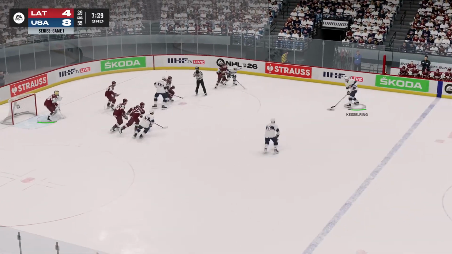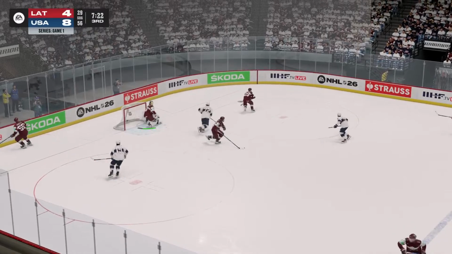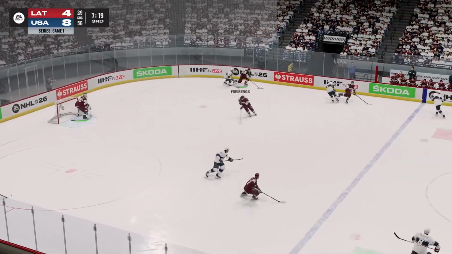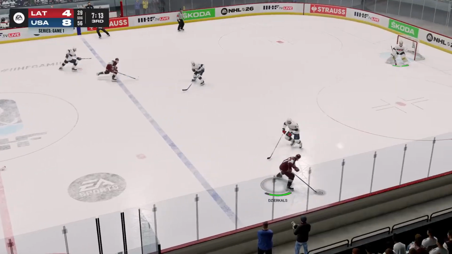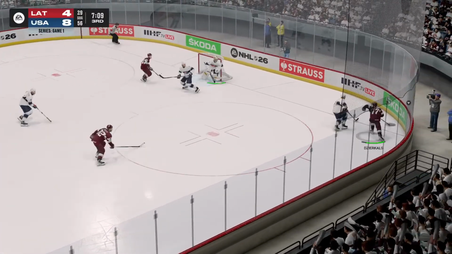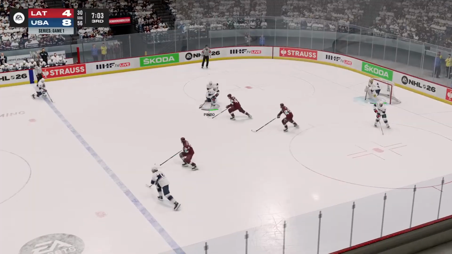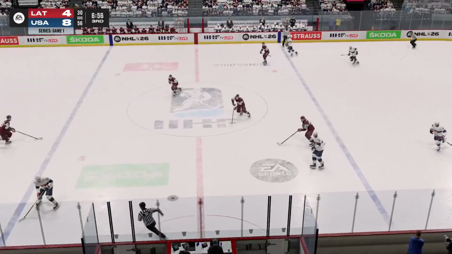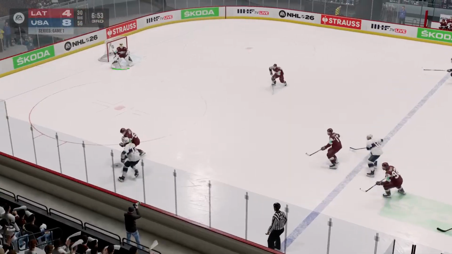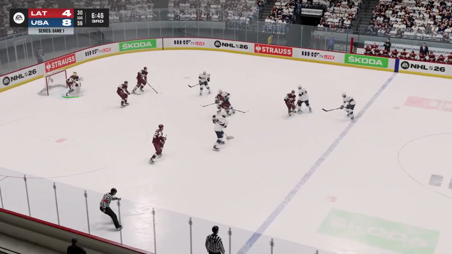55 shots on goal for the United States, just 29 for Latvia. Werenski from the blue line, tipped around and off of the goaltender. Latvia back through center. Zirkles looking for a center, drops it off. A shot denied. Swayman on the short-sided try. Deflects out towards the point. United States gains control up through center. Paige Thompson cuts inside, cut off. Good defense by Latvia. Back up to the point, kept in.